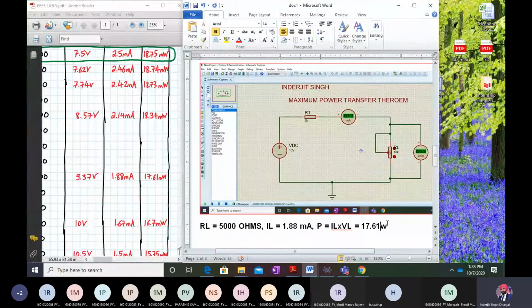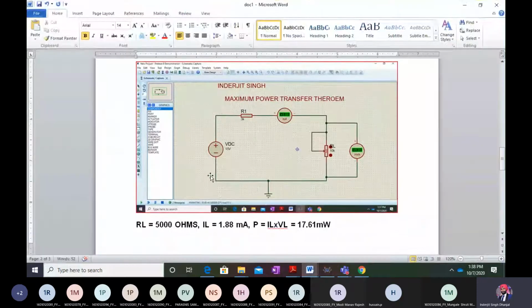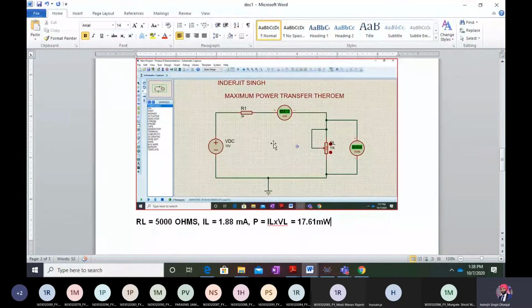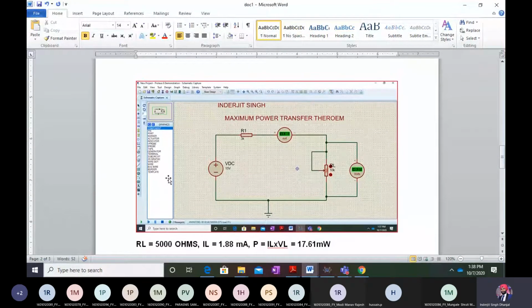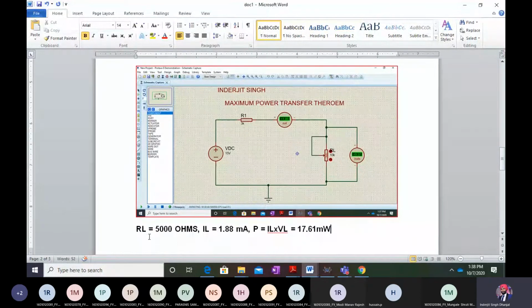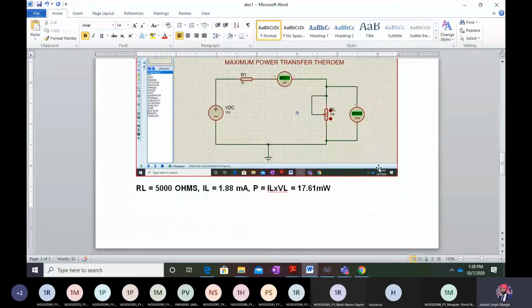This way you have to take a sample of 10 print screens. I'll tell you at what values you can take it later. But right now, since the RS value is different for you all, you have to take 10 print screens of this and 10 value sets.